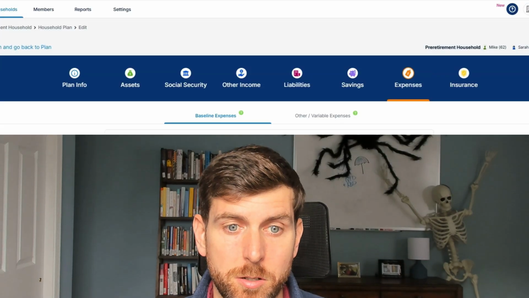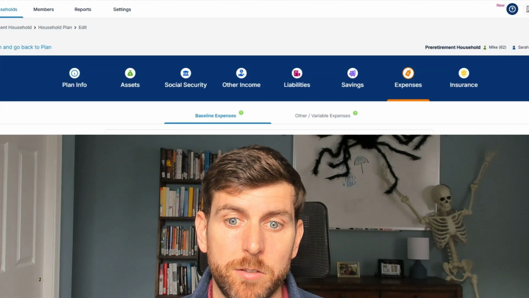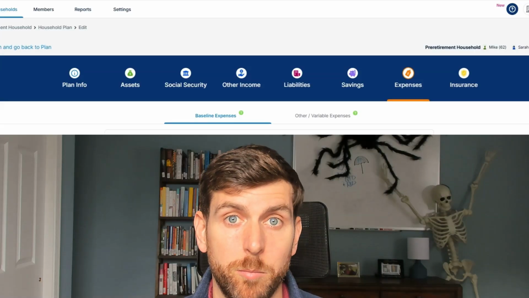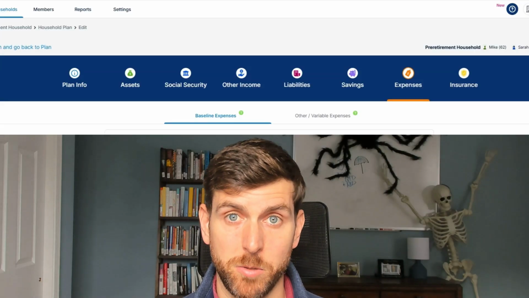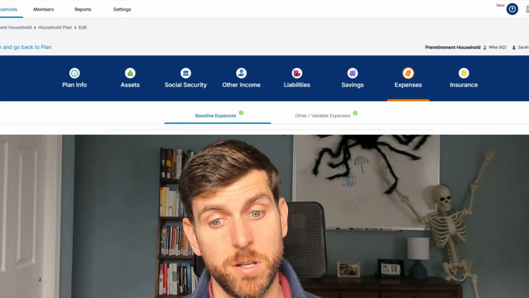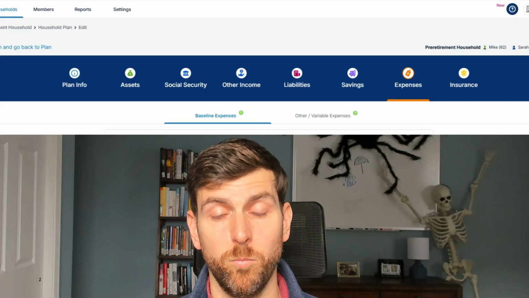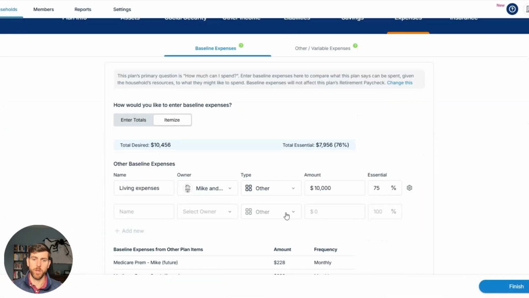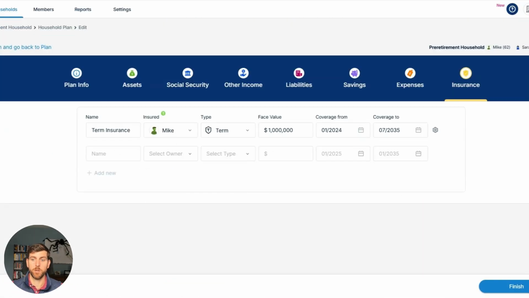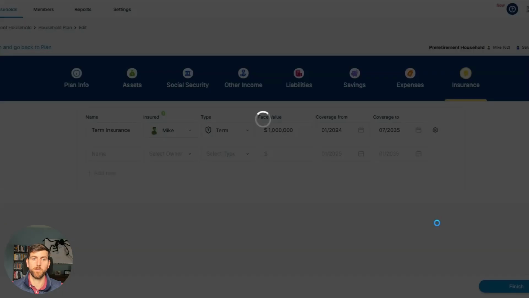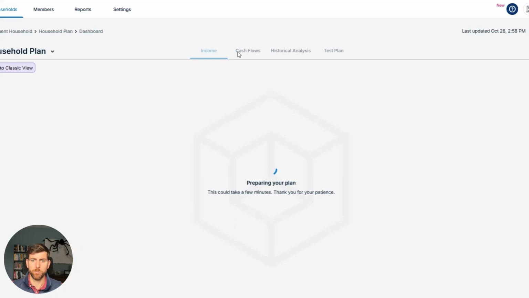Getting your expenses correct when we're doing this kind of planning is crucial. Competent planners can help you figure out what are your actual expenses today, since most people don't know. And finally, what will they be certainly during the go-go years of retirement? We have some expenses baked in here. Let's take a look at how things look for them financially. Mike and Sarah are in pretty good shape. They have a couple million dollars to their name.